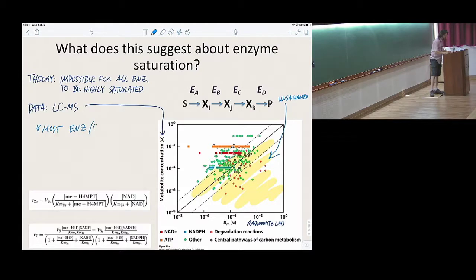Most enzyme substrate pairs are unsaturated,